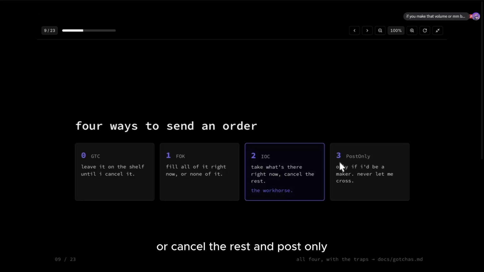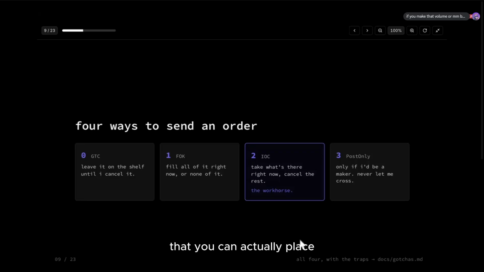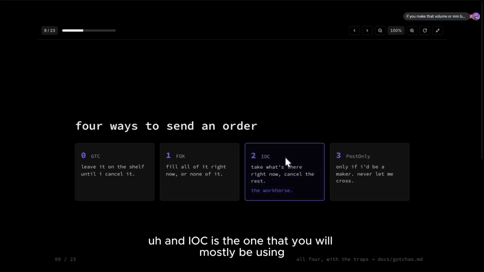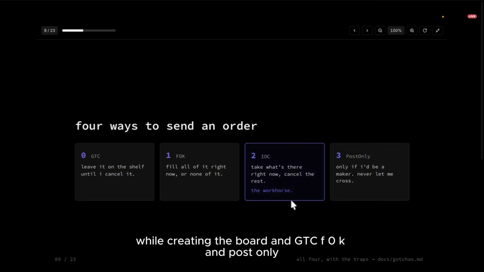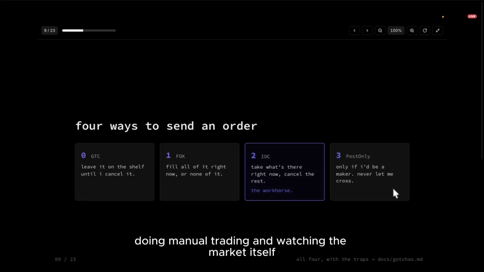And post only: only if I would be a maker, never let me cross. Right? These are the four kinds of orders that you can place, and IOC is the one that you'll mostly be using while creating the bot. GTC, FOK, and post only, you'll usually use when you're doing manual trading and watching the market itself. But IOC is the one that your bot will mostly use.